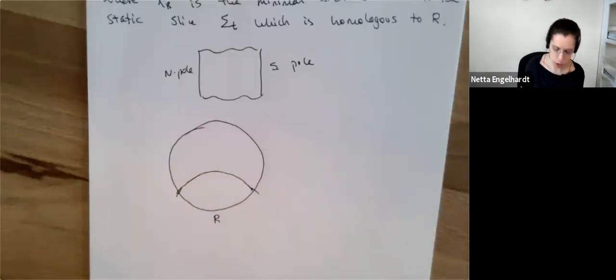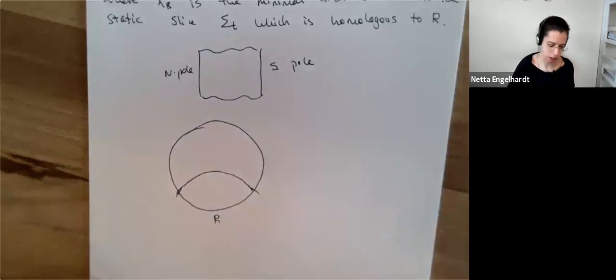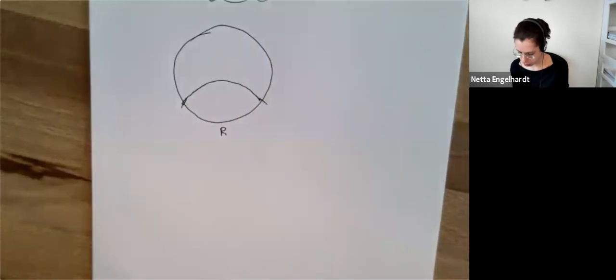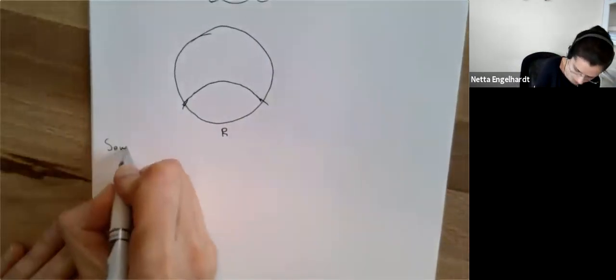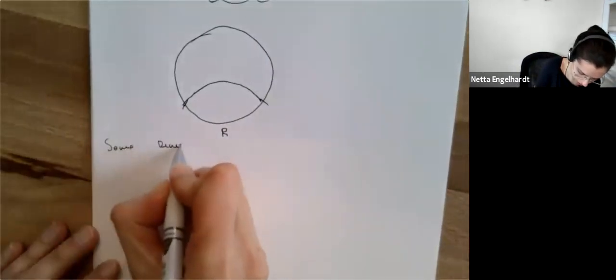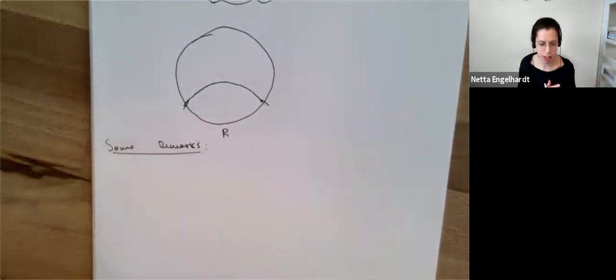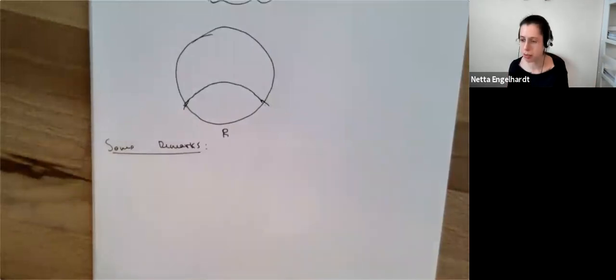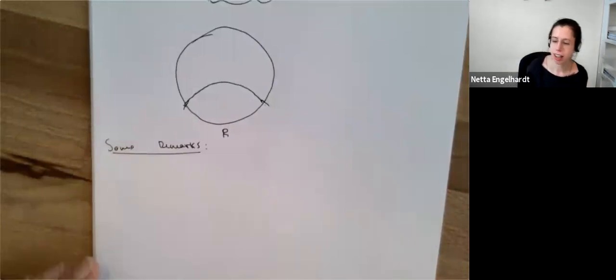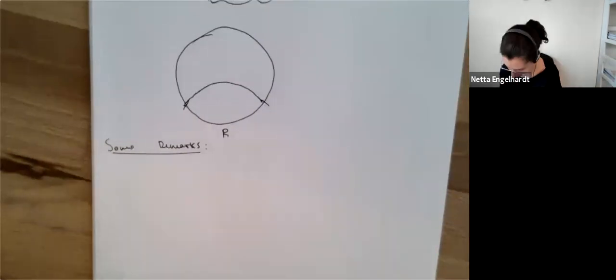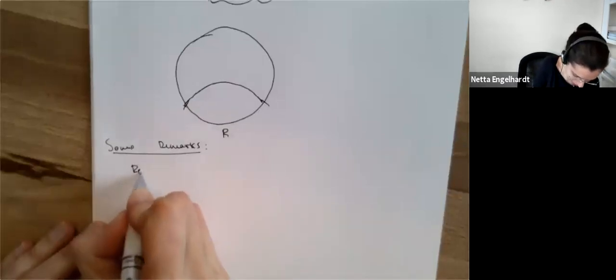So I want to make a few comments on Ryu-Takayanagi, and probably will not get to make all of them today, so we'll make some of them tomorrow. So some comments, some remarks. I've yet to figure out why journals allow you to sometimes make comments and sometimes make remarks, but they're very particular about whether something is a comment or a remark. If any of you ever figure that out, please let me know. I'm going to call these remarks based on my many years of dealing with journals. I guess you develop that kind of intuition eventually.